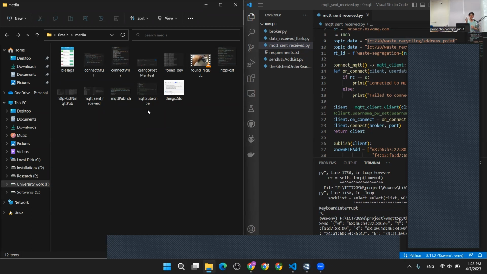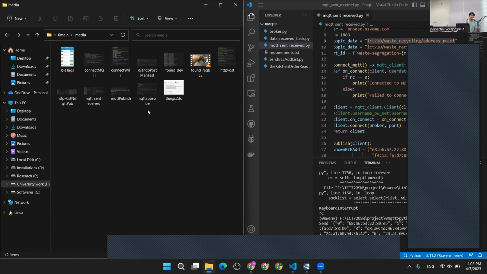Okay, this is our project, our main device. This is a scanner. What it will do is try to get all the registered BLE addresses from our web server using MQTT. The web server will publish those known BLE addresses as a JSON array, and this device will convert the JSON array into a C++ array and store it. Then it will scan every available BLE address and compare it with those known